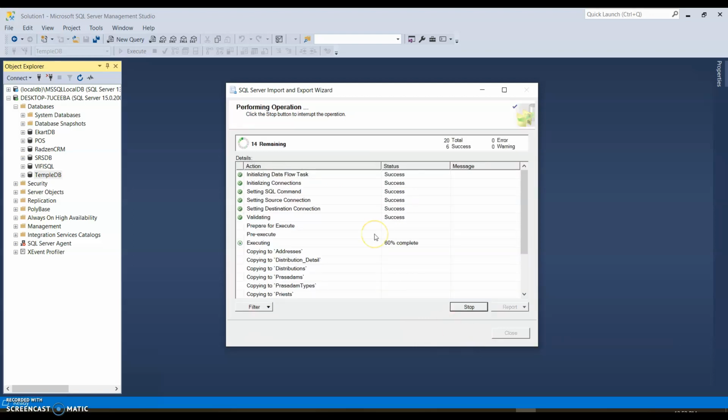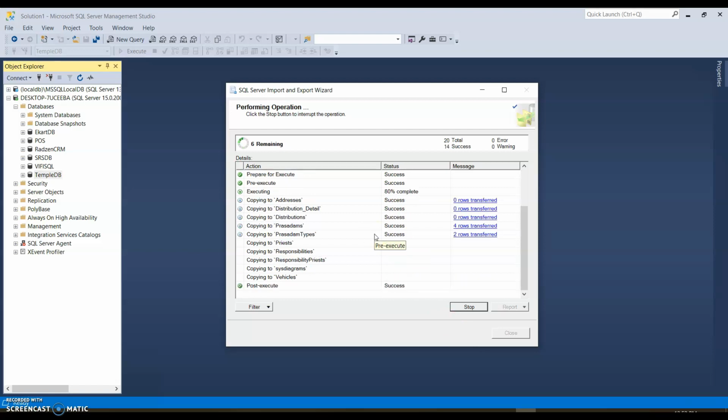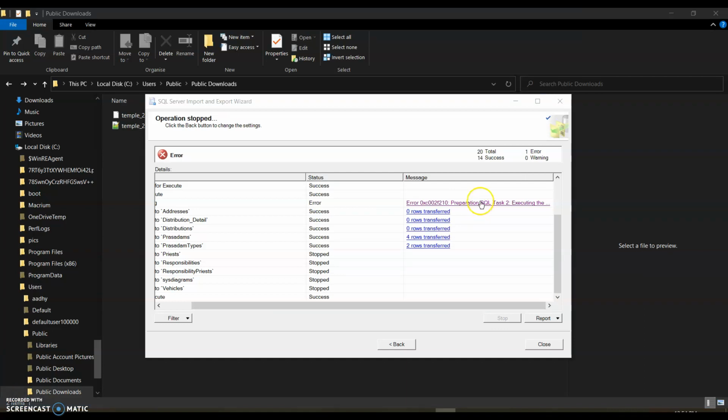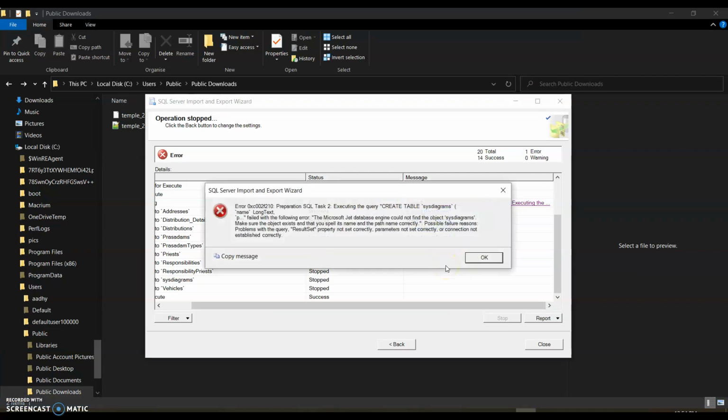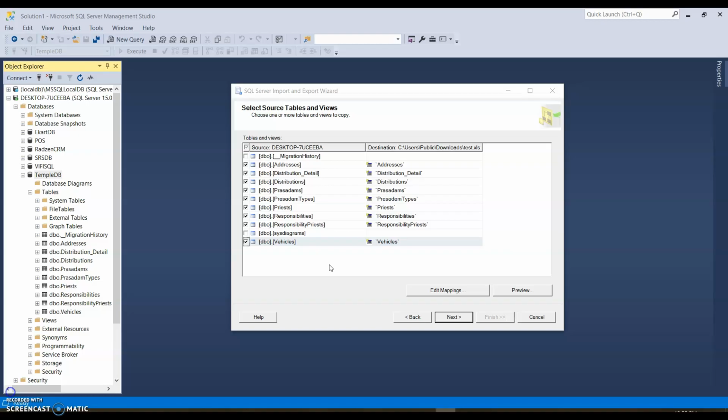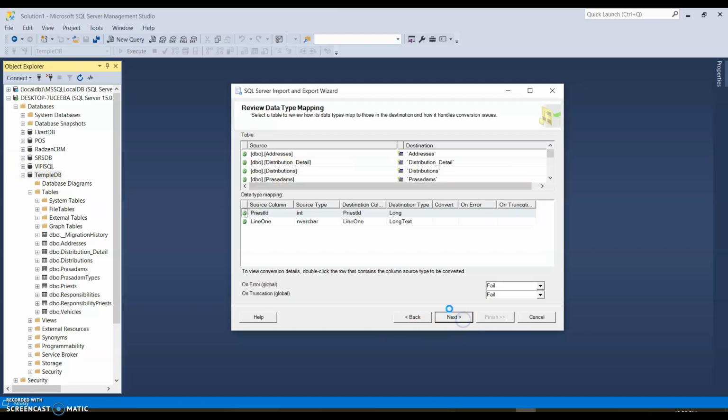So once done, we should get a message. We have some error now. So let's see what the error is. Basically it was not able to map the system diagrams. So let me correct this. I'll go ahead and delete the system diagram. Basically whatever diagrams we had created, let me delete that and come back and give this a try again. In fact, I believe that unchecking these sysdiagrams when we are selecting the tables should also do the trick. But either way, I have deleted the diagram. So let's see how it goes this time.